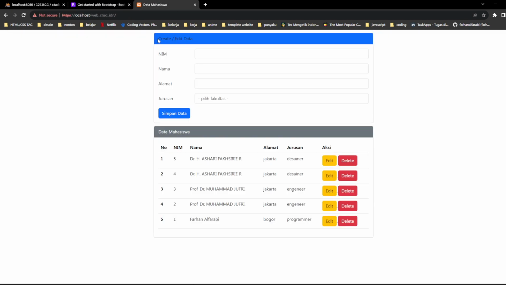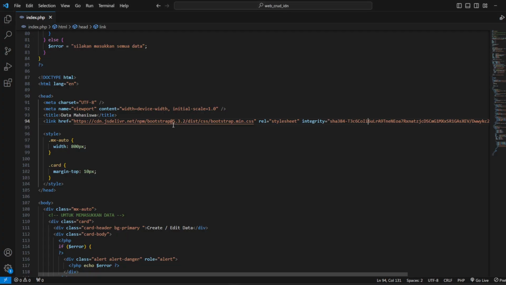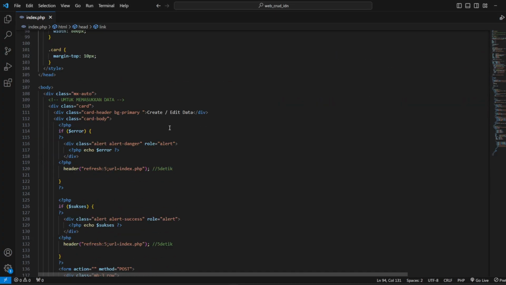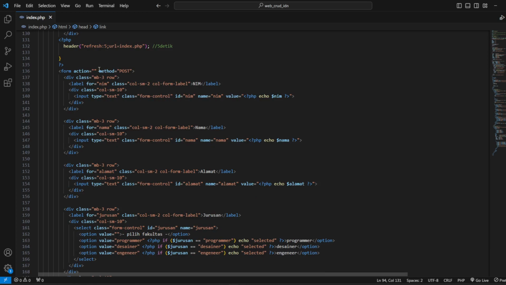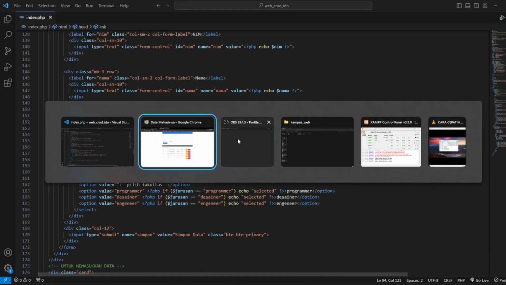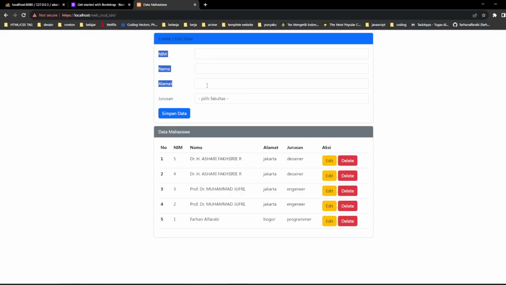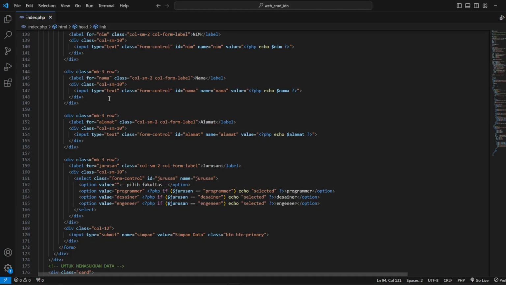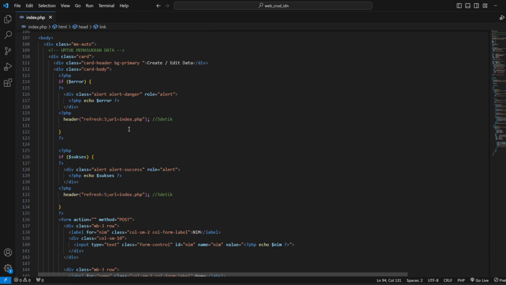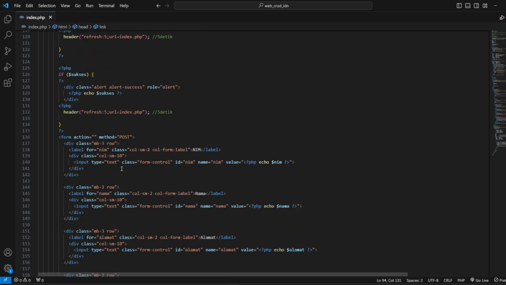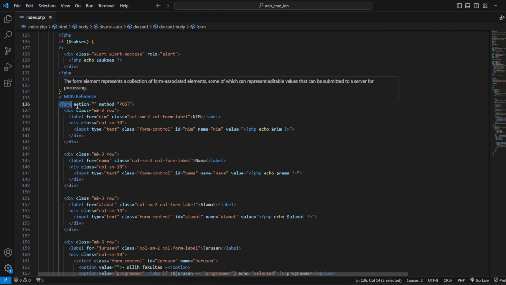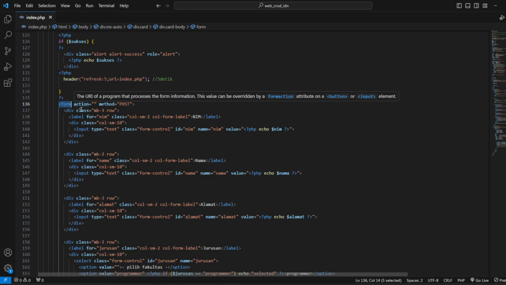Okay, nah, this is the create data, and then for the form, you can look, see this is the form: name, address, and so on. You can look at this. This is the form, and the form must have a value.